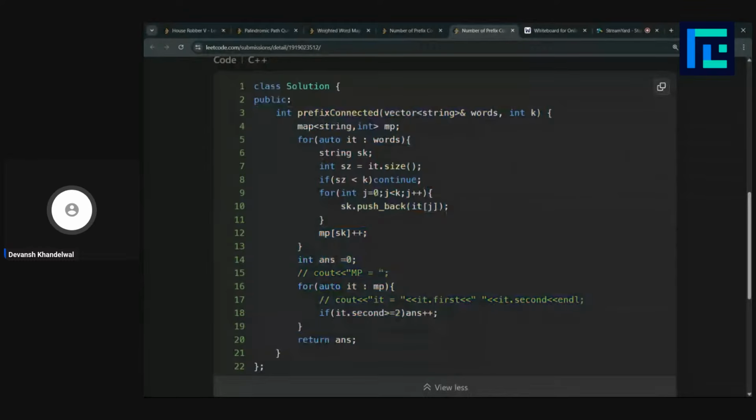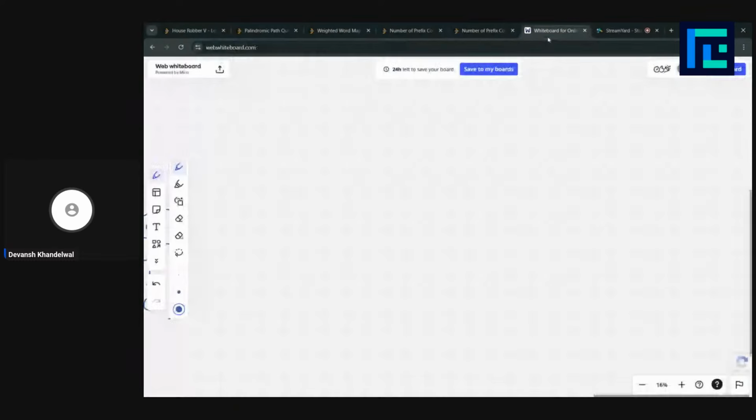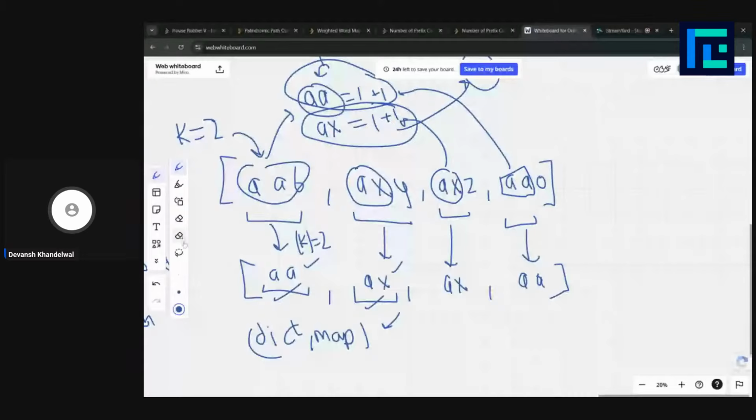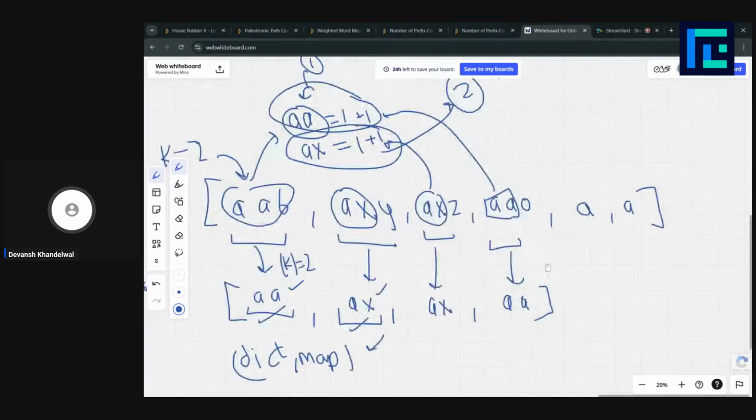Just one case here. In this same array there is one edge case, you could say I got a wrong answer because of it. So yeah, let me also discuss it. What if we have one more string? Let's say we have two more strings which are a and a, right?